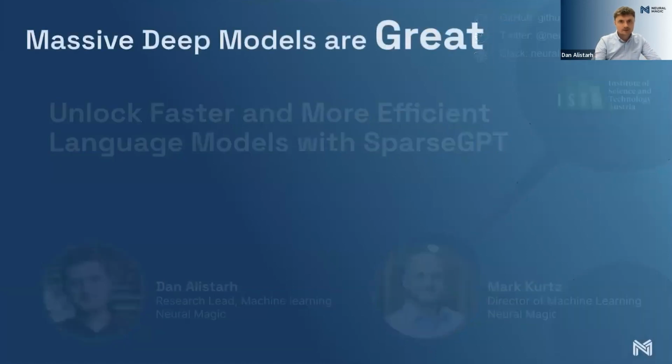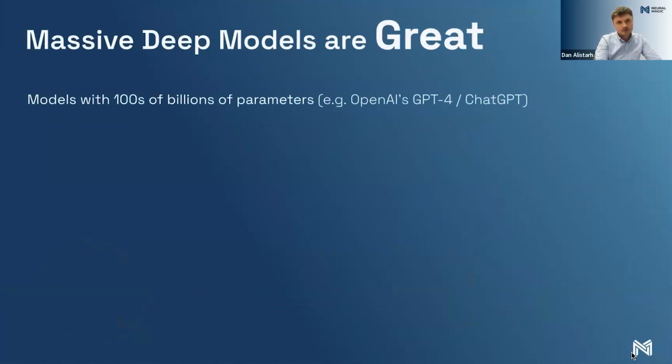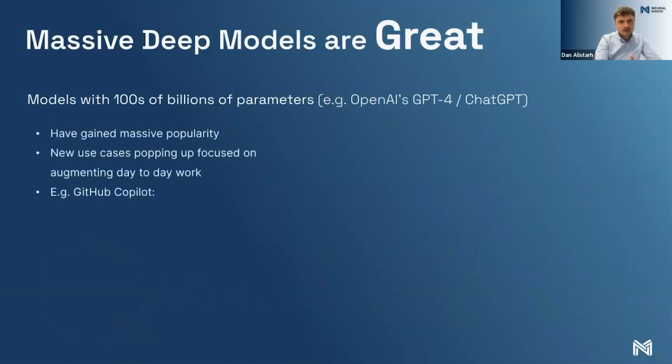So today I'll start with a bit of introduction. I guess everyone here has heard about massive deep models. By this, I mean models with hundreds of billions of parameters, such as GPT-4 or ChatGPT. There's a massive amount of popular interest in these models. They show interesting high-level behavior, and there are a lot of use cases